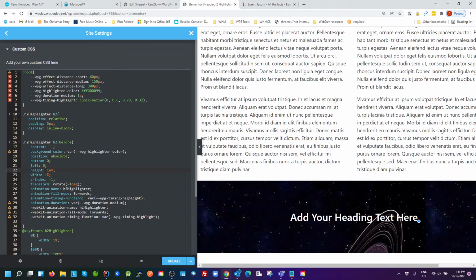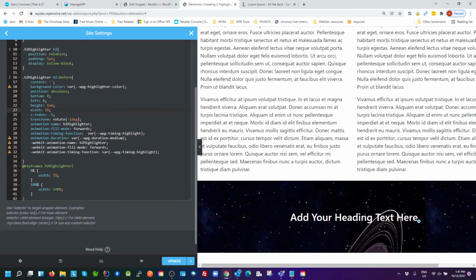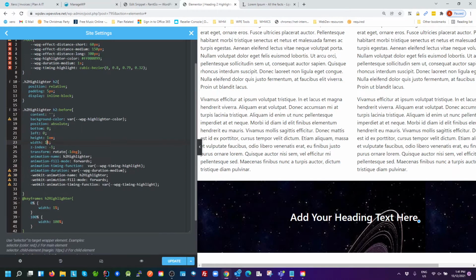Okay, so that's going to be 1 times whatever the height of that section is. The width we're going to start it at 1%. We don't have to do that there. We can put that in the keyframes down here. I'm going to set the Z index to -1, which puts the before pseudo selector behind the H2. We might have to actually add some Z index to the widget so that it doesn't disappear behind our other